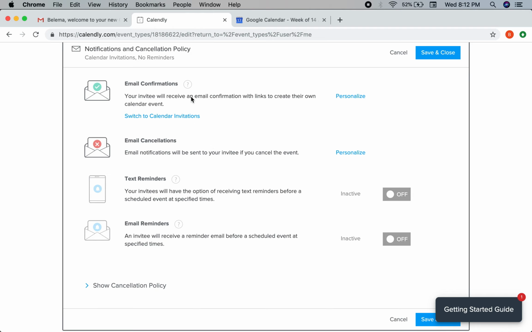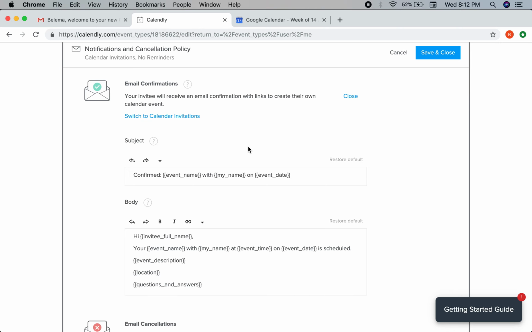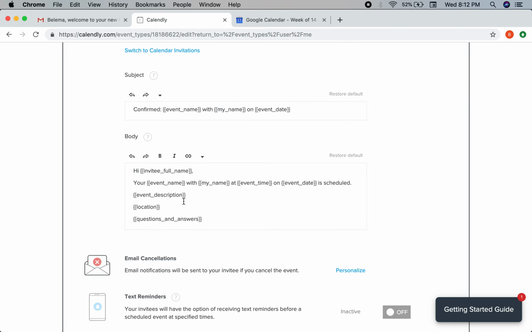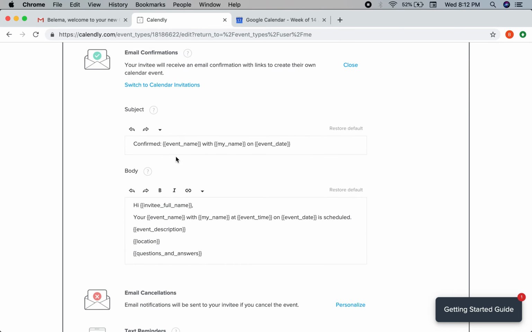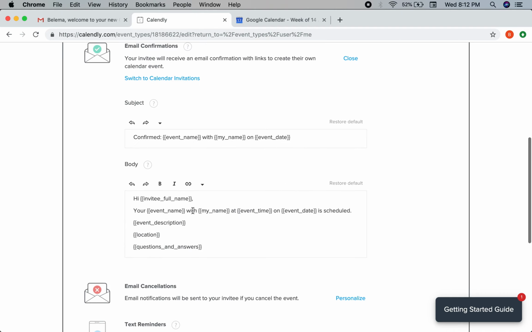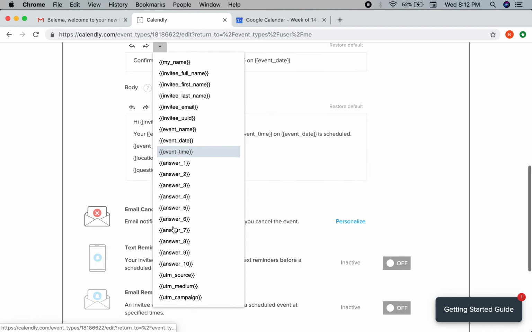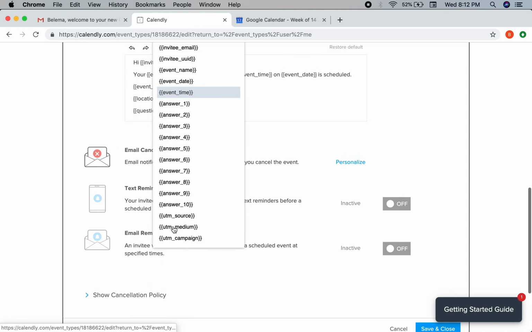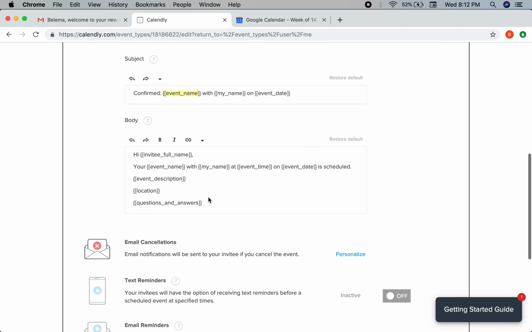You can either send them via email. I prefer email actually. You can personalize the emails to say hi, this is that and this is that. So you can change what the subject is, and you use what they call merge tags. So you see this right here in the bracket, it's called a merge tag, and you can drop down. You have a lot of them, so you can decide to give them confirmations with all their answers so that